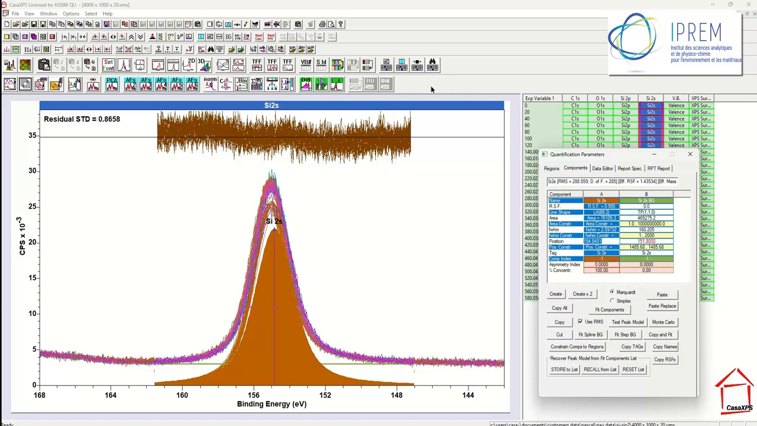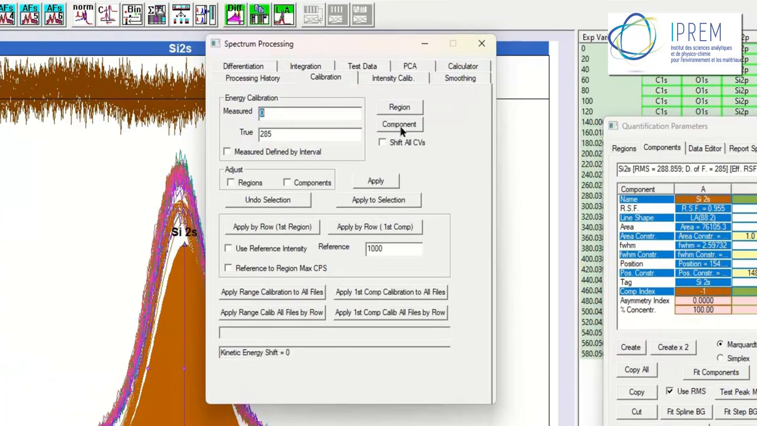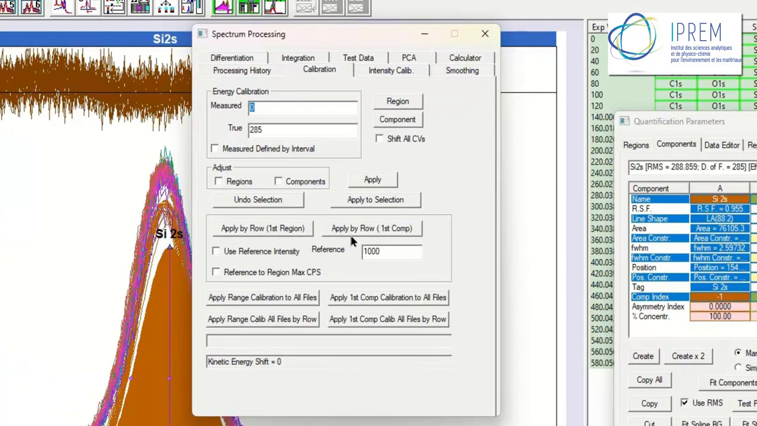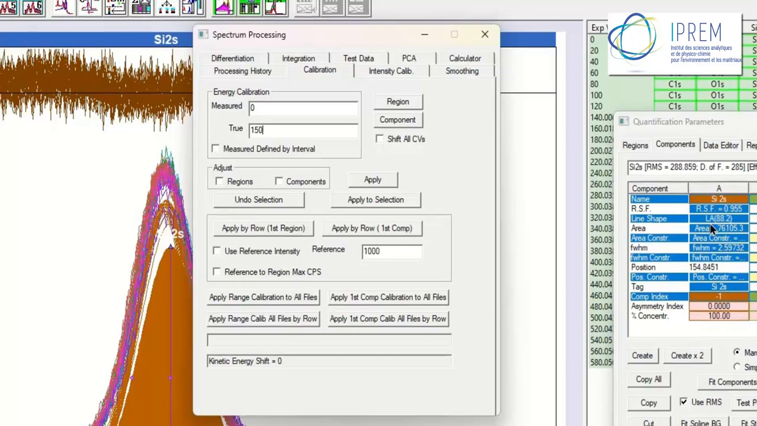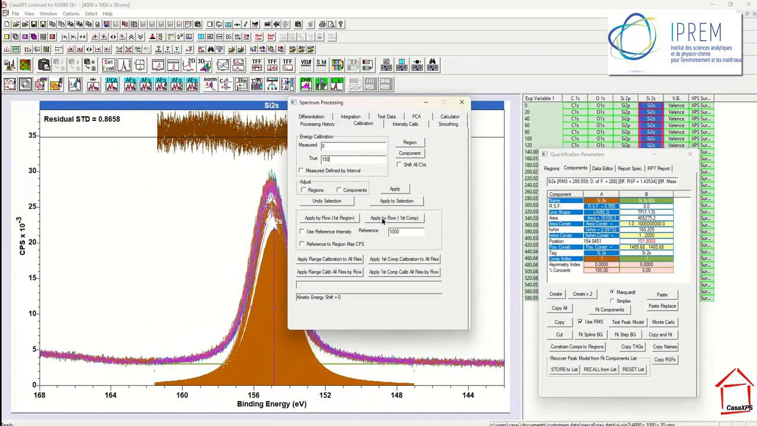silicon 2S. But the option I'm going to use is on the calibration property page that will apply by row first component. So this means that the first component on the components property page will be used to calculate the position, and I can specify, just for the sake of argument, I will set it at 150 eV, the true value for this component, and then if I apply by row first component, what will happen is that for each